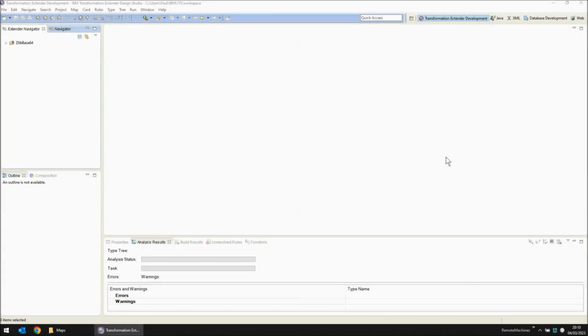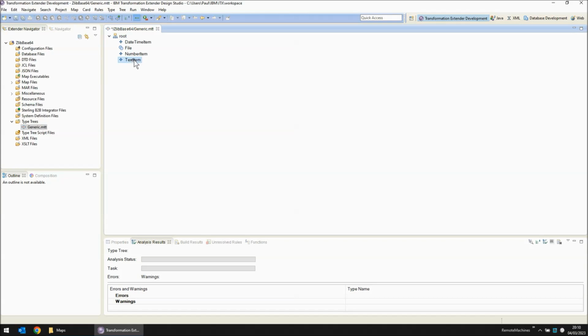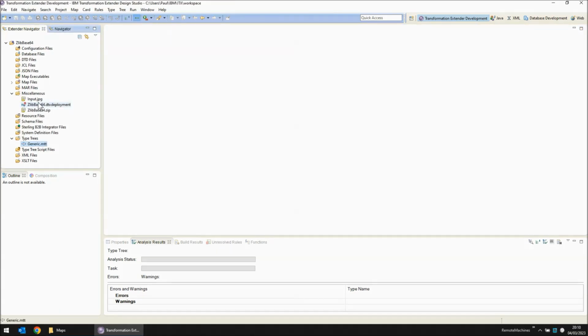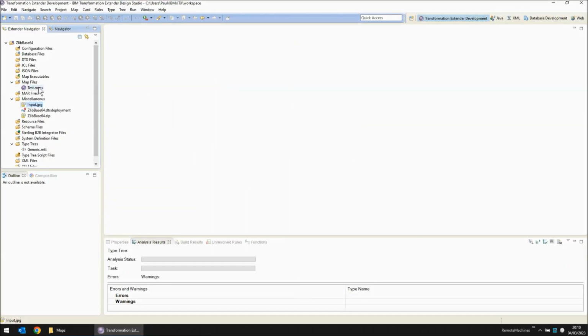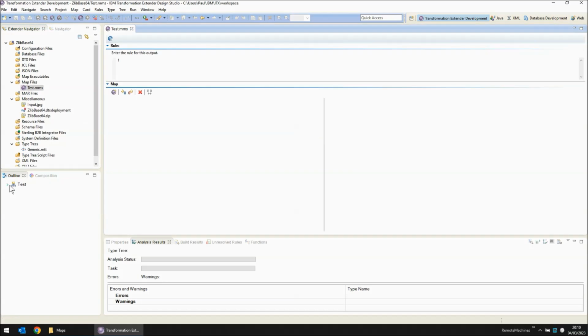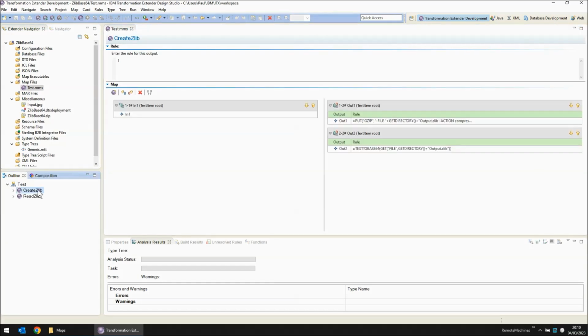I'm going to start this demonstration in the ITX Design Studio. As you can see, I have one project called ZLIB BASE64. Within my project I have a type tree called generic.mtt, and if we open that we have a text item which I shall be using throughout this demonstration. Also in this directory we have an input.jpg file, which if we open it is actually a picture of a zip, pun intended. Looking at the map source file we have one map called create ZLIB, and if we open